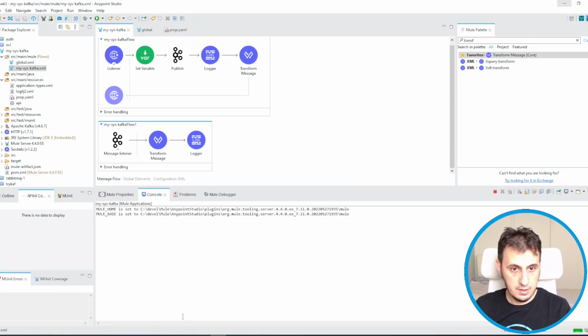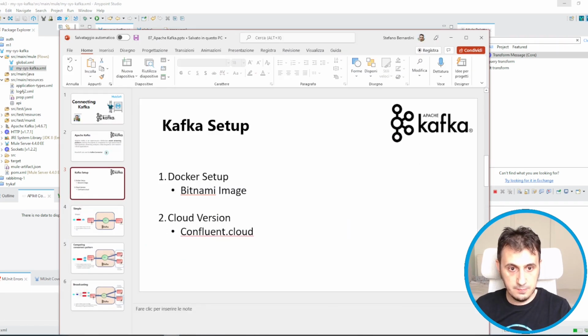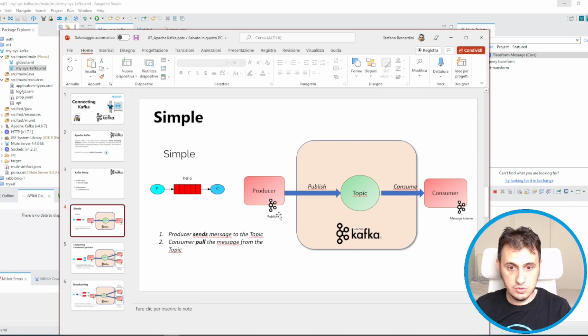So the scenario is the same. The producer will publish a message to the topic and the consumer pulls the message from the topic. But now this Kafka is not on my computer, but it is in the cloud.